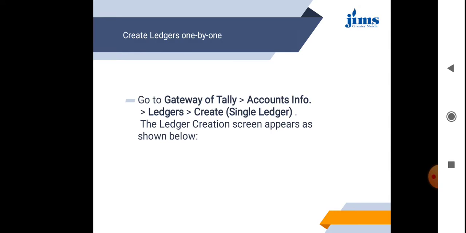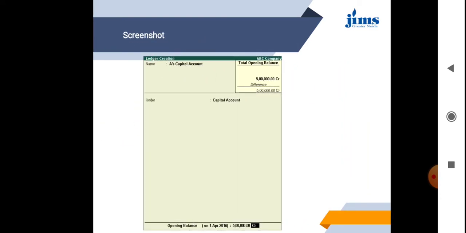If you want to create ledgers one by one, first of all we go to Gateway of Tally, then Accounts Information, then Ledgers. There is a ledger option, then there is a single ledger option for creation. Opt for single ledger. The single ledger creation screen will appear, which I have shown here also. This is the screenshot, the screen view of the ledger. When you opt for this, you will get this screen view,